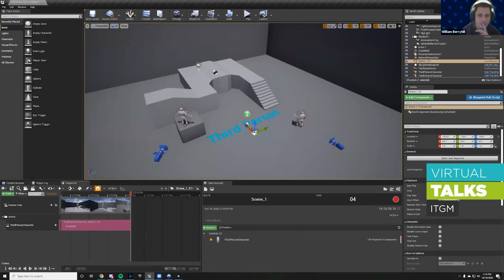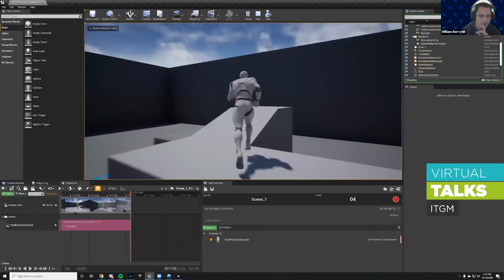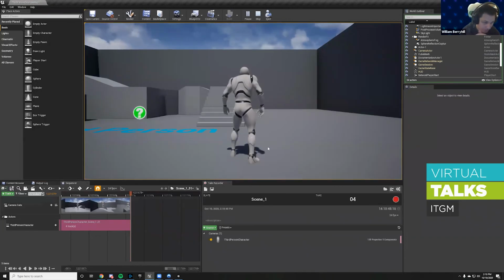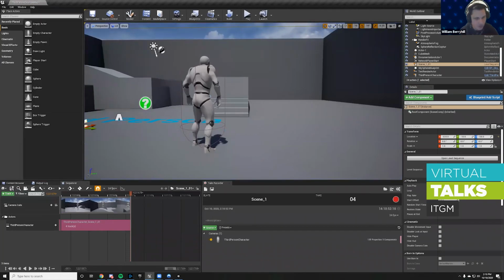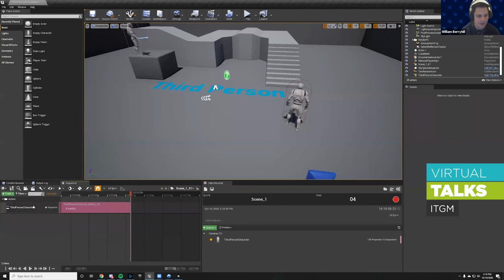Now we can just go ahead and hit play, and it'll start playing, but the issue is you have a camera cut automatically saved to the sequencer, which is going to take control, and you can't move the main player around. So we're going to need to do a little bit of editing so that we have control over our main pawn. First, we'll just delete the camera cut,